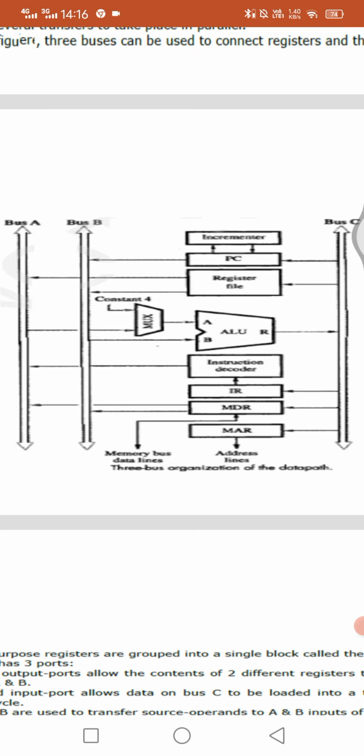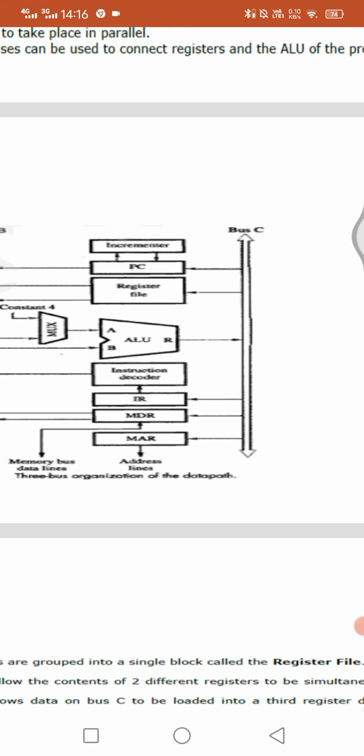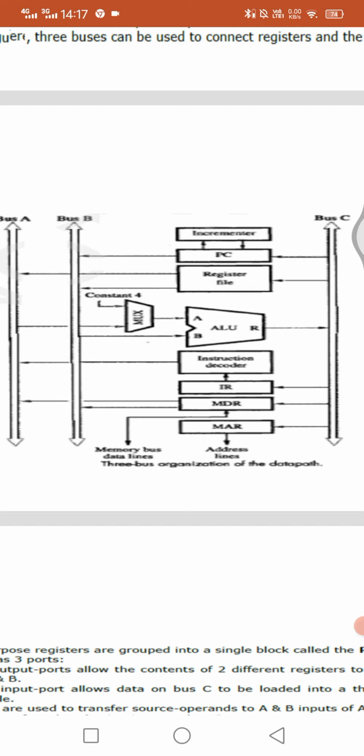Here the register file contains three ports: bus A, bus B and bus C. There are two outputs, allowing the contents of two different registers to be accessed simultaneously and placed on bus A and bus B. The third port allows the data on bus C to be loaded into a third register during the same clock cycle.